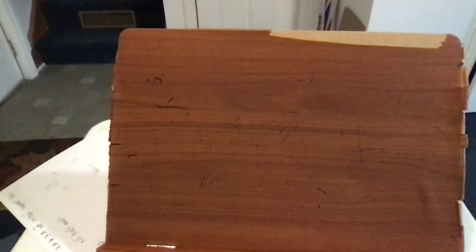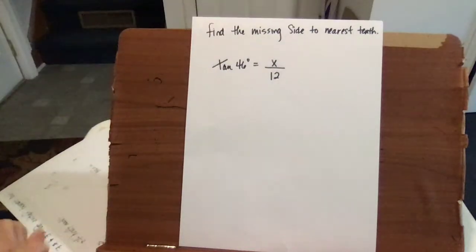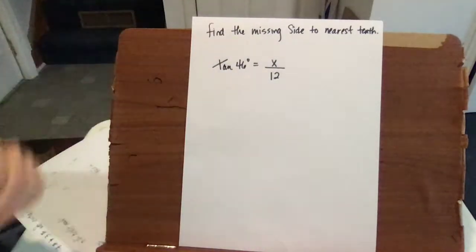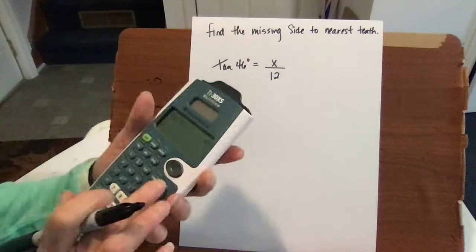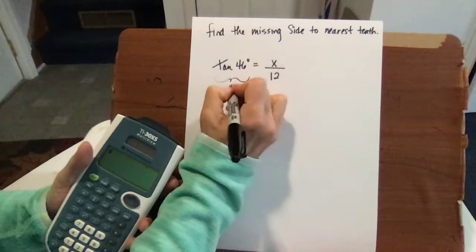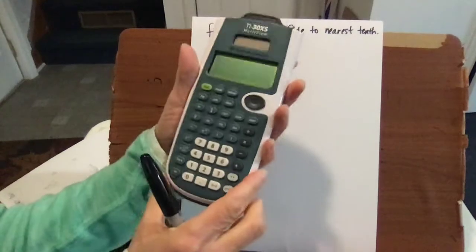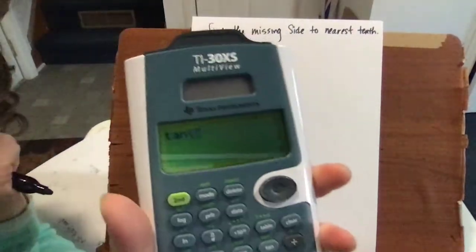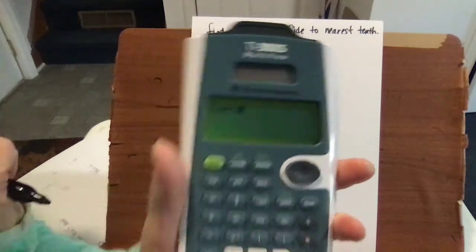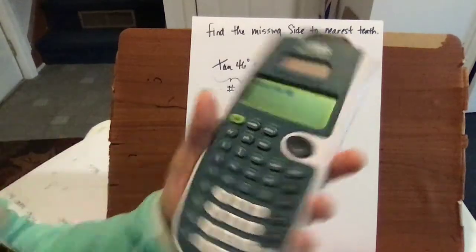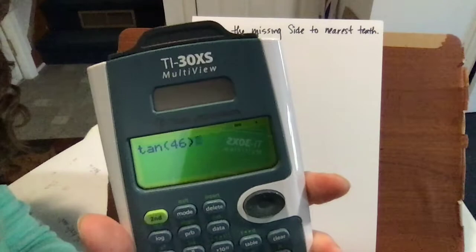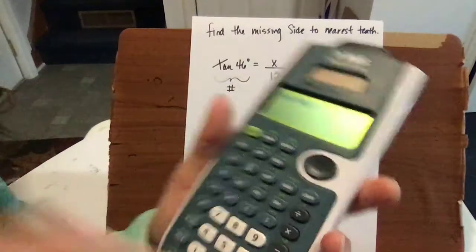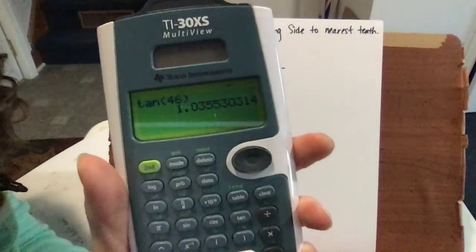All right, now what if we want to find missing sides and we don't even have a picture of the triangle? That's fine, we can do that. Tangent of 46 degrees is a number, so this is just a number. So if you were to be in degree mode, go to tangent, and you're going to open up like that, just tangent, and then put in 46 degrees and close your parens, all right, and hit enter. And you're going to get approximately